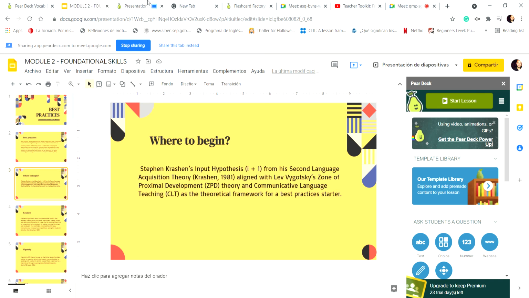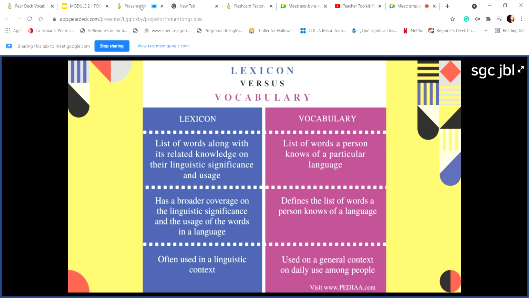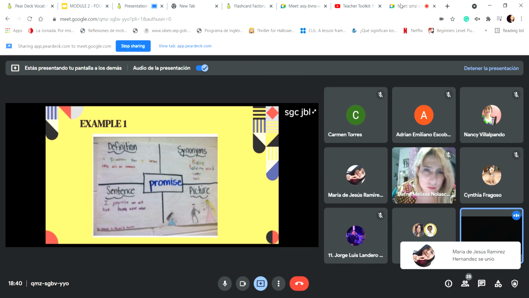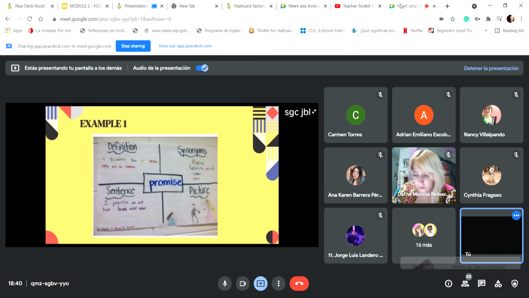All right, we're going to continue after we have finished with this lexicon. I wanted to show you this. This is like a reinterpretation, or a variety of the Fryer model. And over here we have different statements from the teacher. We have definition, we have synonyms, we have sentence, and we have picture. The word is promise. So it has certain flexibility when it comes to what you want to obtain from the